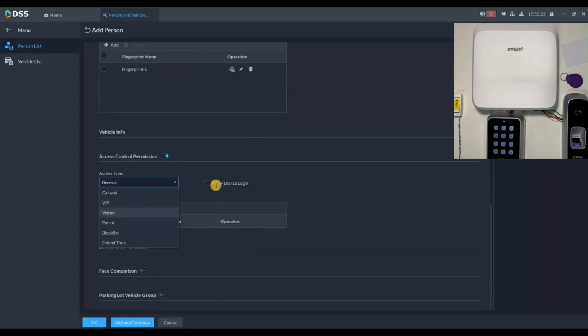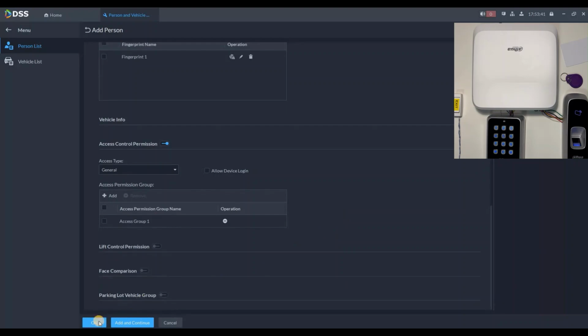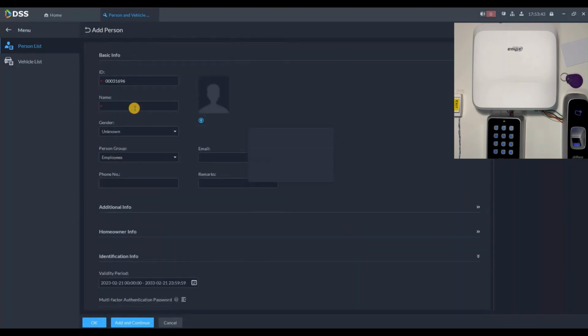You can choose, for example, visitor and set limited card swiping, or patrol, block list, extended time for longer opening of door. We'll choose general and access group 1. We click add and continue and add another person, John,